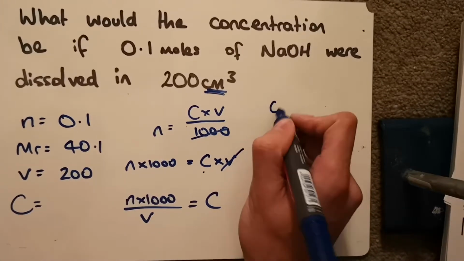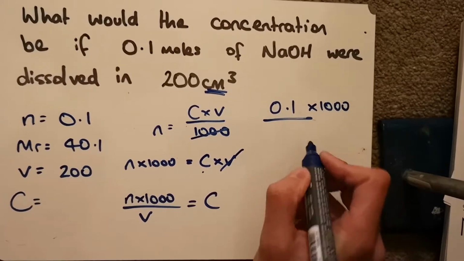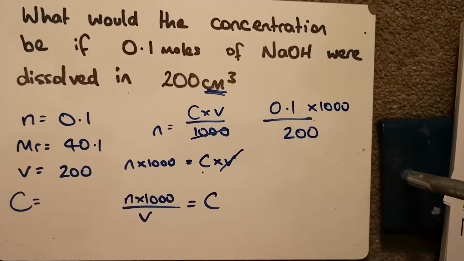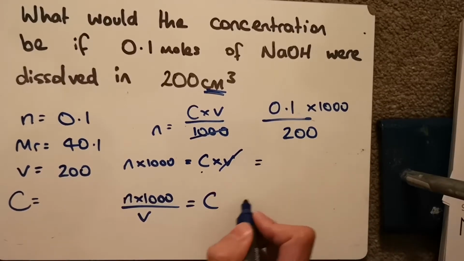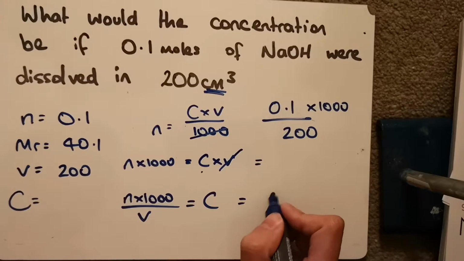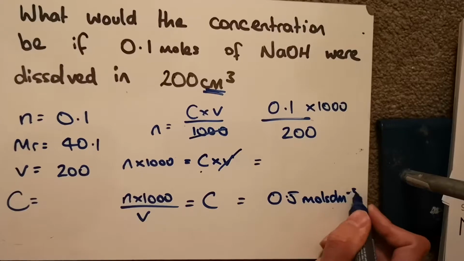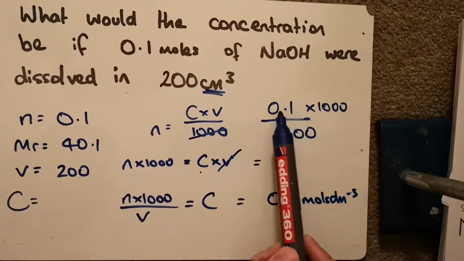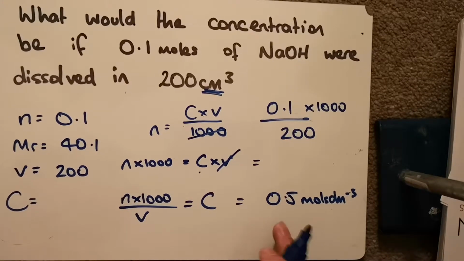So that is then 0.1 times 1,000 over 200, which gives me a concentration of 0.5 moles per decimetre cubed. If I have 0.1 times 1,000, that gives me 100, divided by 200 is about half essentially, so 0.5 moles per decimetre cubed. The final one, and it doesn't come up very often,